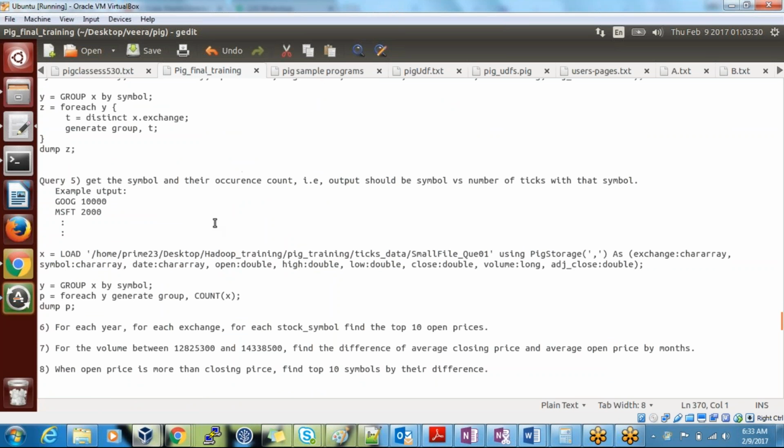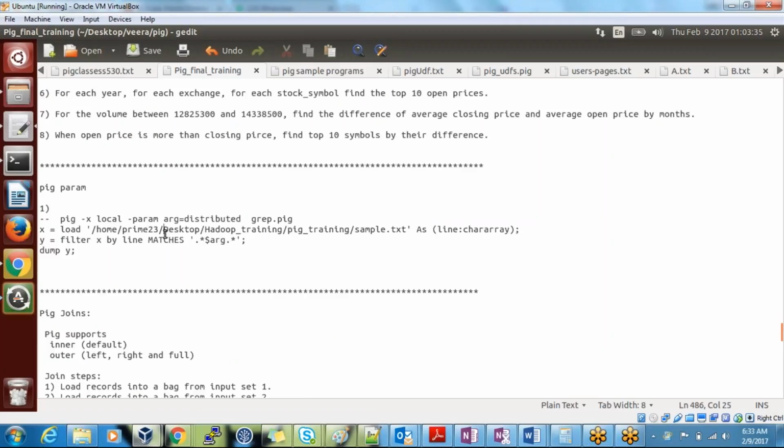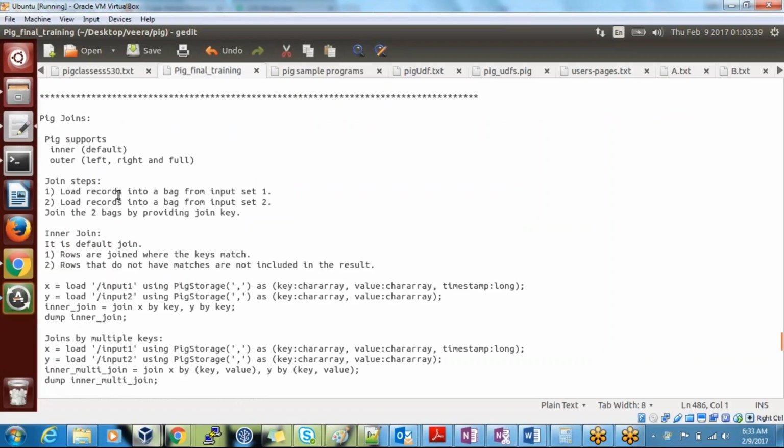From these operations we'll be learning something new. Then Pig programs, how we will execute them; we have already seen the batch mode. Joins we have already seen just now: inner join, outer join. If you want to do joins, you can specify the join like this.